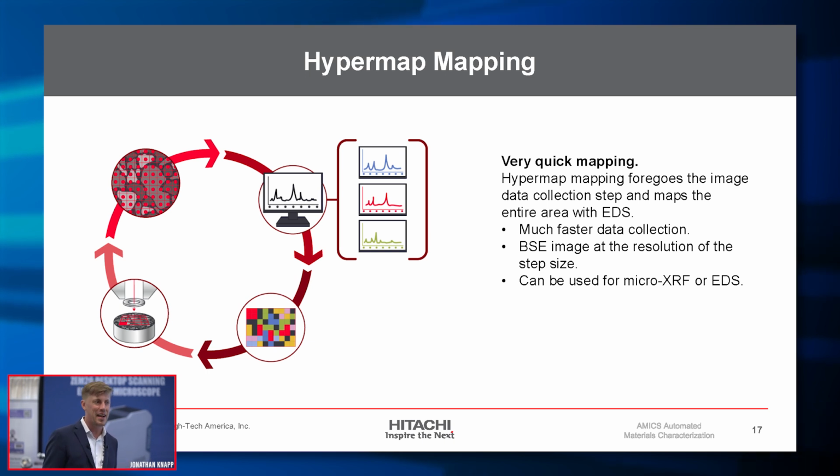Hypermap mapping, the idea behind hypermap is that we're not going to bias our measurement at all. We're just going to collect all of the data, and then we can decide what to do with it later. We can segment it later. We can subtract the background later. So it's a much faster way of mapping, because there's no decisions and no